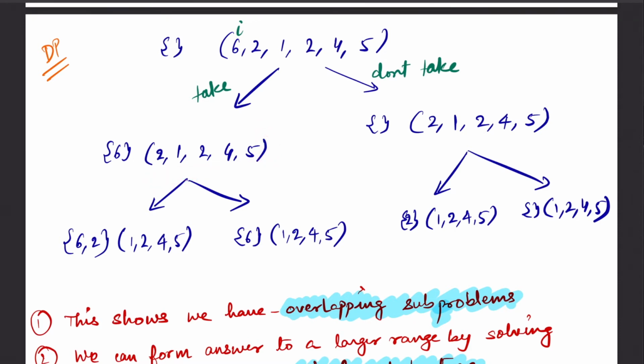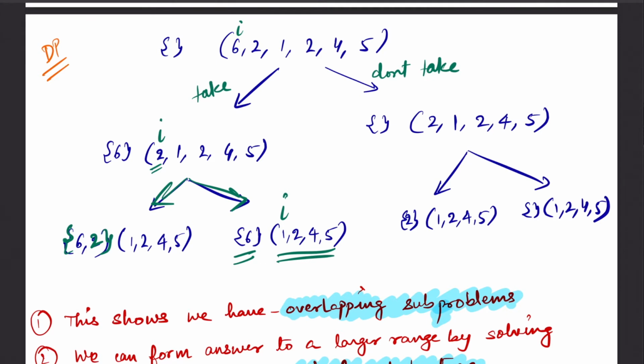Again, if you see, we have the same set of choices. Either we take it or we don't take it. If we take that, then this value 2 is added in our subsequence. And if we don't take it, we simply do not have it in our subsequence and we simply move our pointer I. So I is now here. So we have this particular array here 1, 2, 4 and 5. Those are the choices that we have.